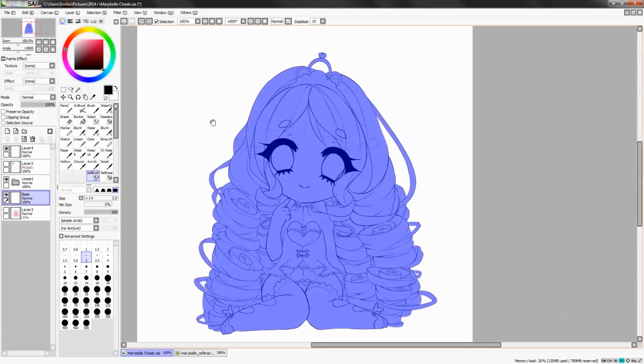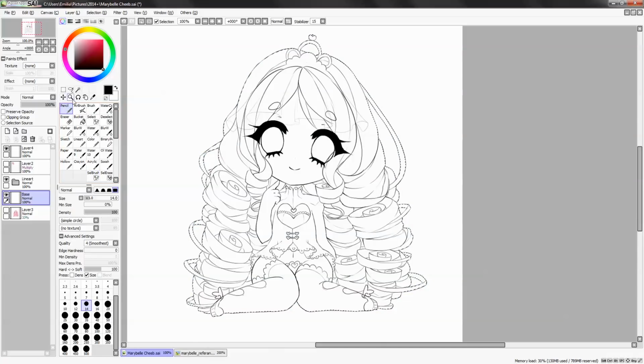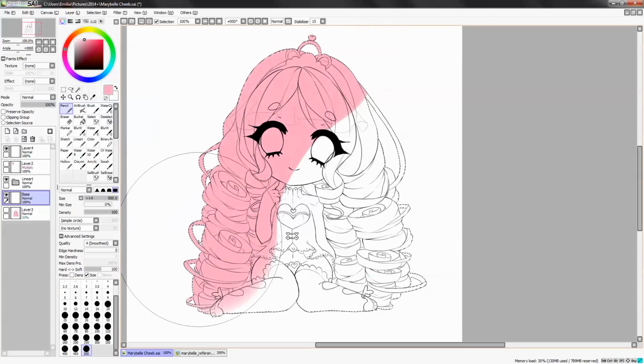And she is selected, but instead of having her selected, we're going to fill this layer. And I do not recommend at all to use a brush and go like this to fill it, because I will show you guys the difference when you do it like that and when you do it manually. Okay, this is when you do it with a brush. I don't recommend that at all.